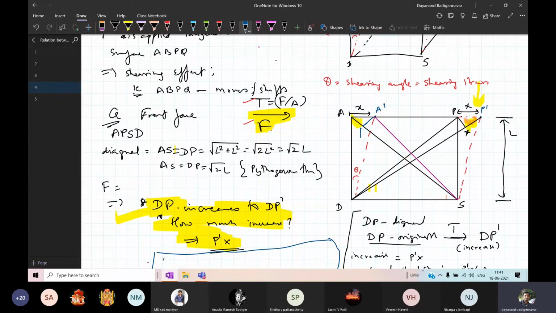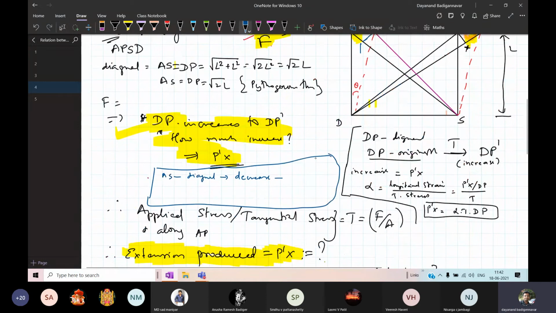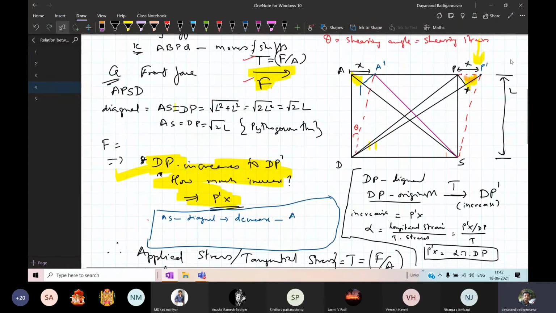Therefore here, as the AS, when you apply the stress, AS, no, it's a diagonal AS, it gets decreased. ಏನಾಗುತ್ತೆ ಅದು ಡಿಕ್ರೀಸ್ ಆಗುತ್ತೆ. So once there is a decrease in the diagonal, what is the decrease in the diagonal? It is ay. ಇಲ್ಲಿ ನೋಡಿ, ಇದು decrease in the diagonal, it becomes ay. ಹೌದಾ? So new diagonal is ay. So therefore decrease ಎಷ್ಟಾಯ್ತು? What is the decrease? If I evaluate it, it is a dash y. The decrease is ay. The decrease is this much.